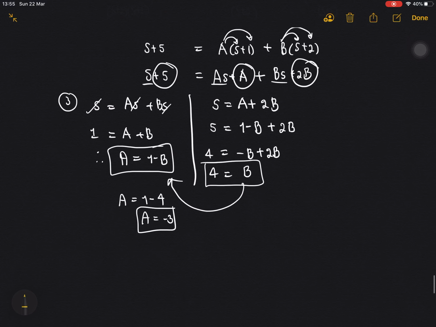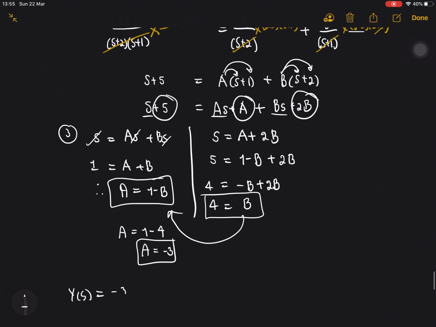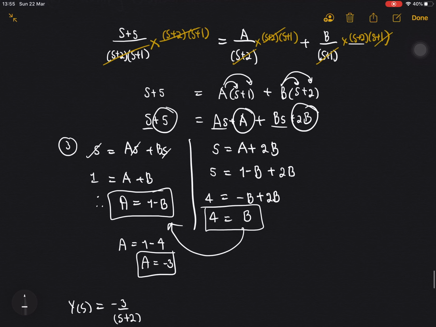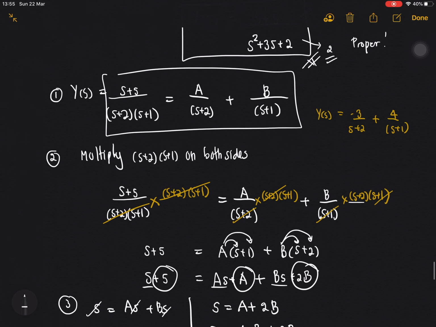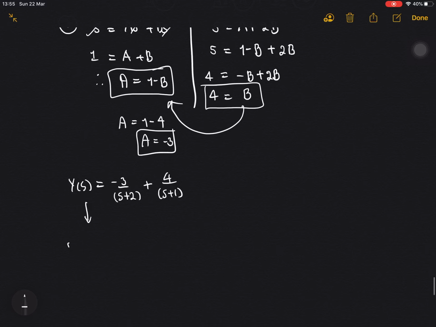And then next step, you have to find the inverse transform, right? You have to find the inverse transform of that function F(s), right? So you have to find y(t) in this case, okay? So y(t) in this case here, remember that